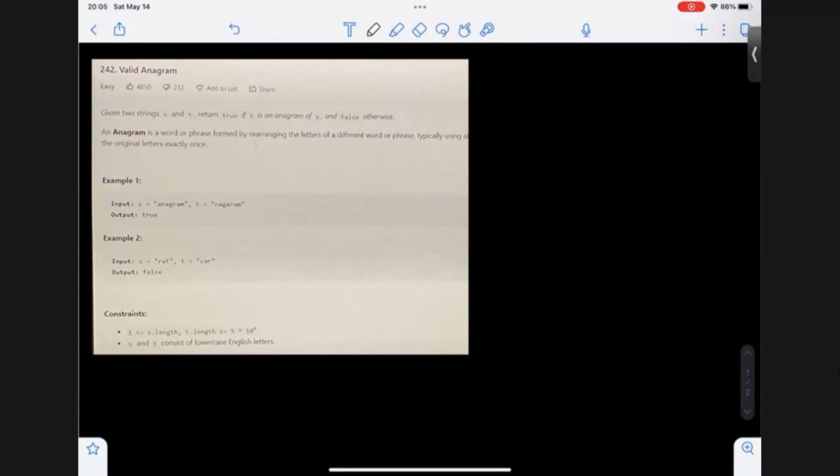Welcome to Lead Programmer. Today we are going to look at the problem valid anagram. So essentially we have been given two strings and we have to return true if T is an anagram of S. And essentially an anagram is a word formed by rearranging the letters of a different word, typically using the original